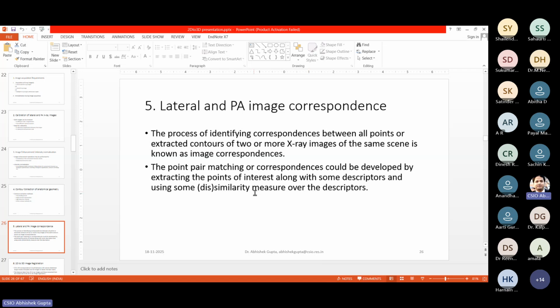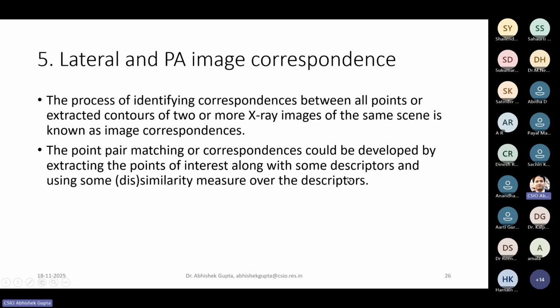Okay, now we go forward. For the lateral and PA image, let me make it full screen. We have to create the correspondence from the lateral and PA image because we have to combine the information of both the images in the 3D template. So we will take a 3D template and transfer that information which is available in the lateral and PA image to the 3D template, and try to make that template the predicted volume. So before that, we have to create the correspondence